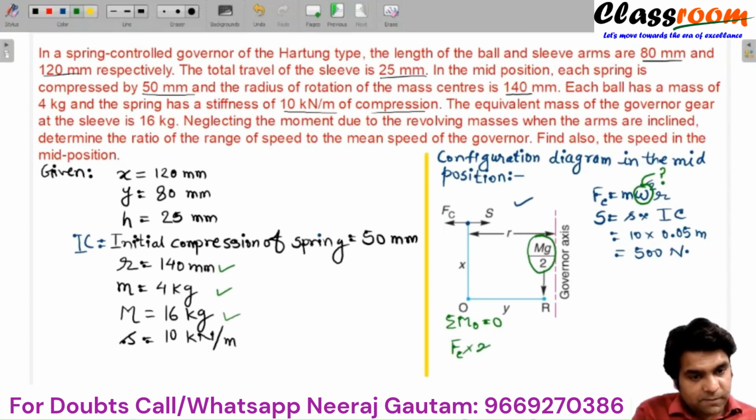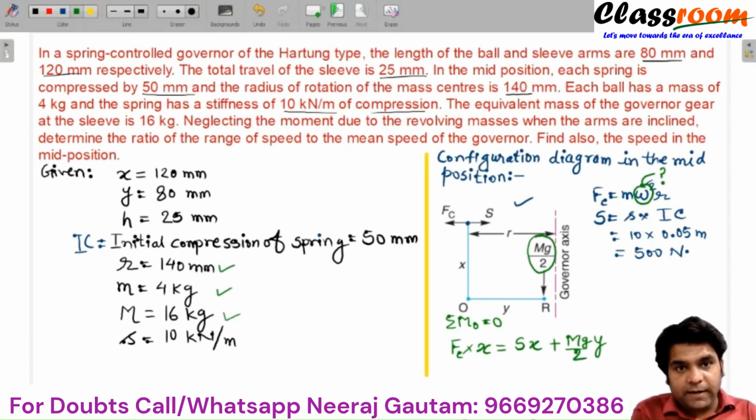Fc into x is equal to the clockwise movements, that is S into x, plus mg by 2 into y. By substituting these values, that is S, mg by 2, y, x, we can find the value of Fc from this relation, and finally